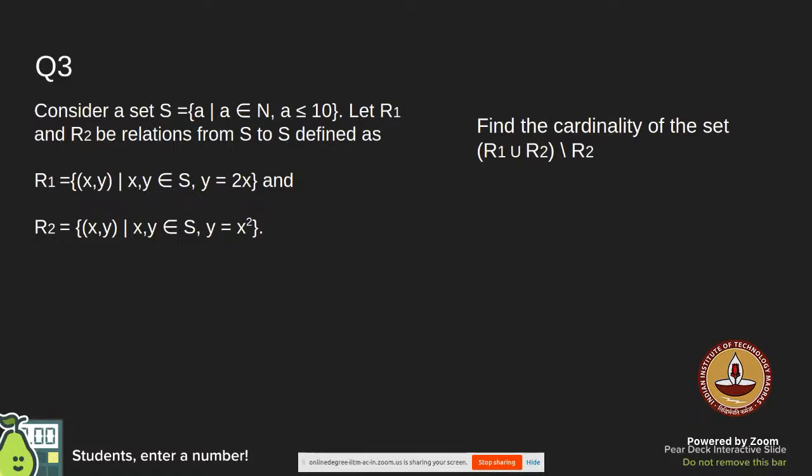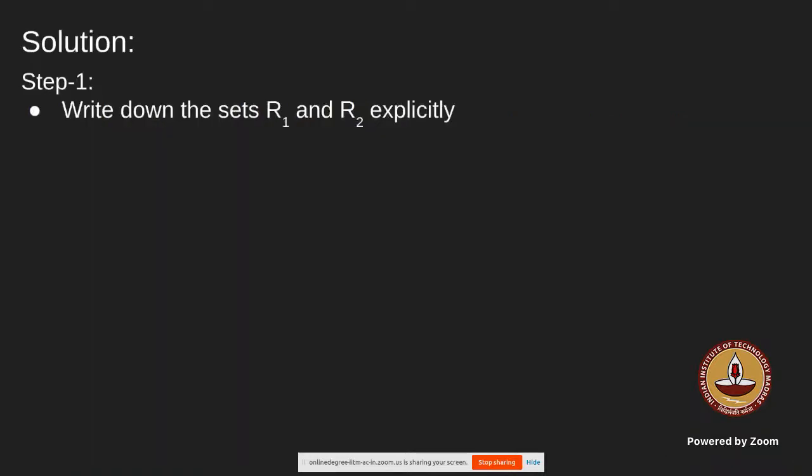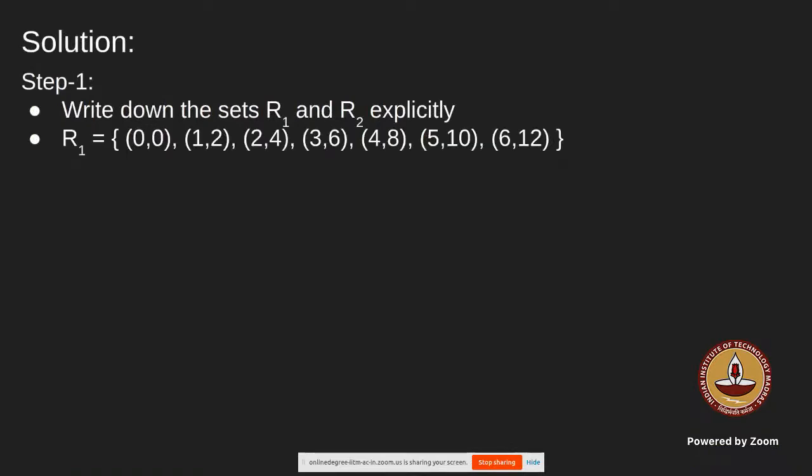Okay. So now I am going to the discussion. So that is what I told you to do. R1 is basically your x comma y, where y is a multiple of 2. Right? So we should start with 0, 0. I am coming to that. That is not inside the set. So 0, 0 is there, 1, 2 is there, 2, 4 is there, 3, 6, 4, 8, 5, 10, then